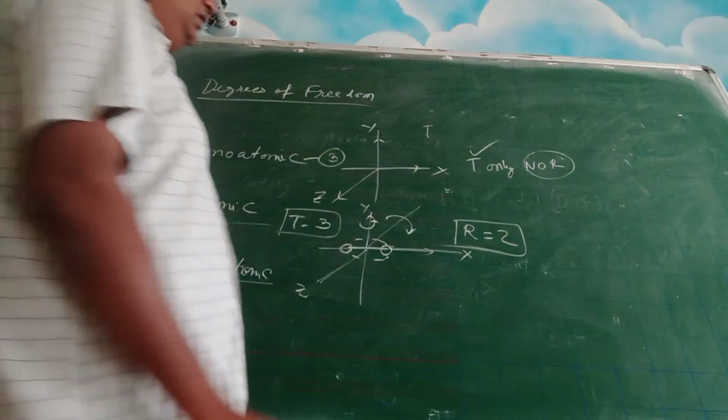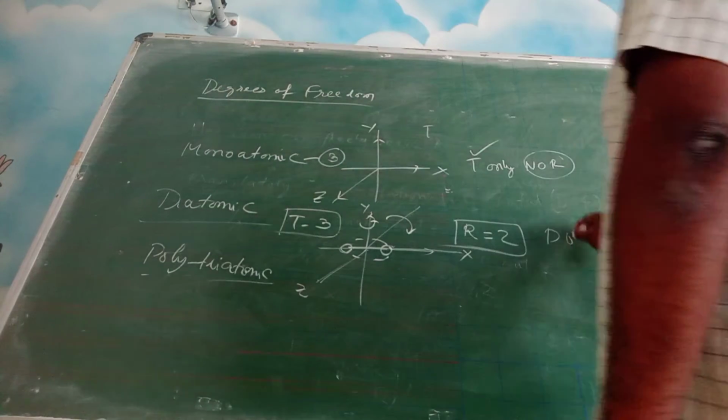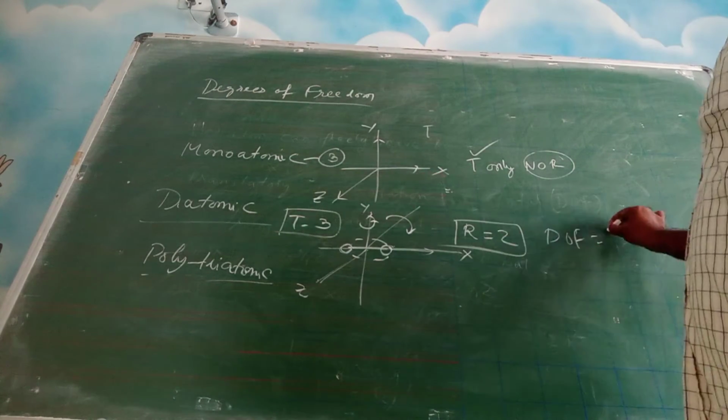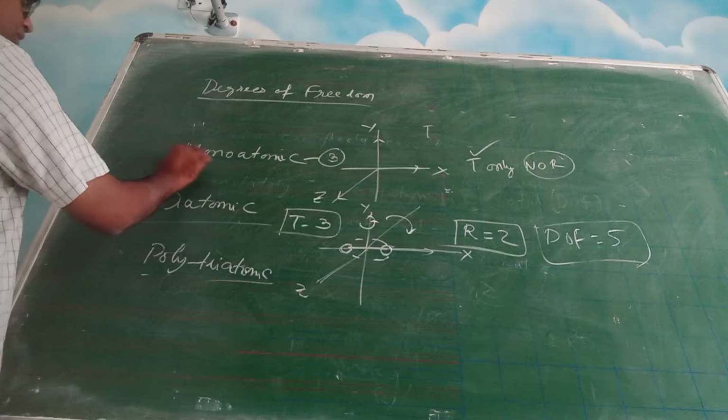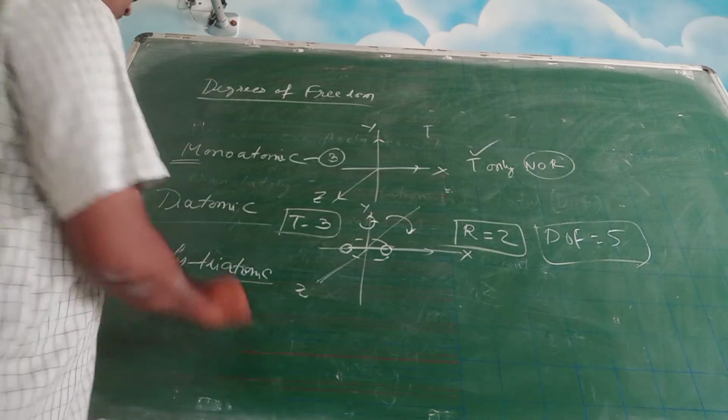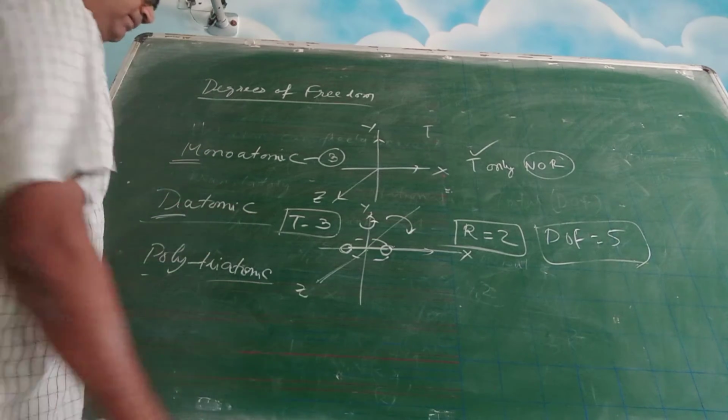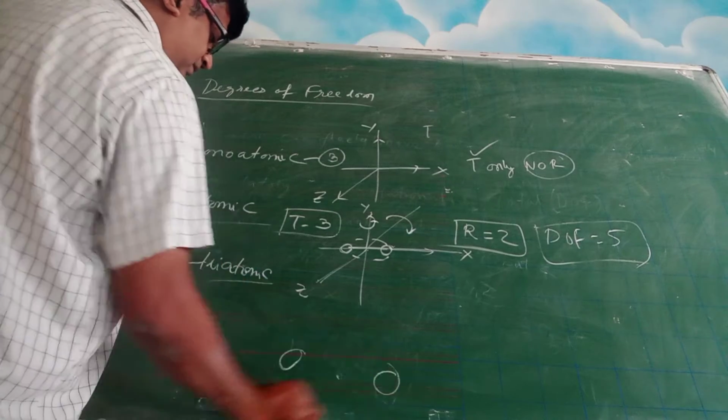So what is the total DOF? 3 plus 2, it is 5. You see, this much reasoning is not required. But basically you have to understand monoatomic, how many degrees of freedom. Diatomic, how many degrees of freedom. So when it comes to triatomic,